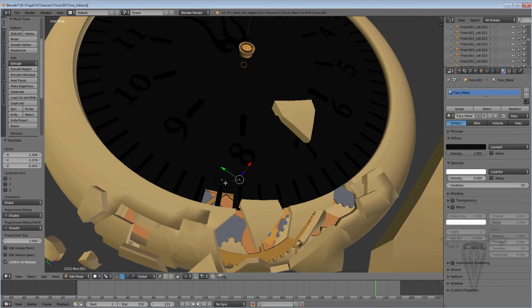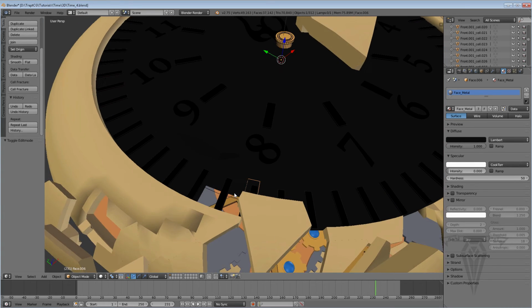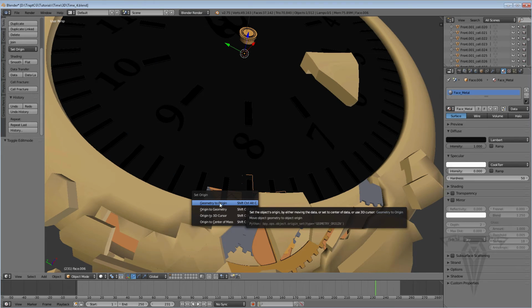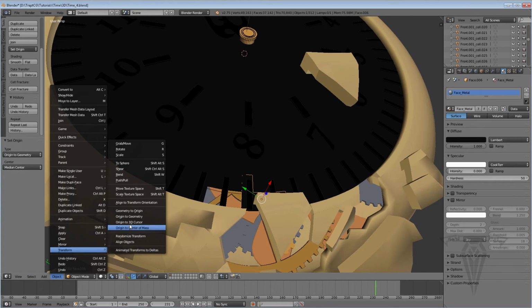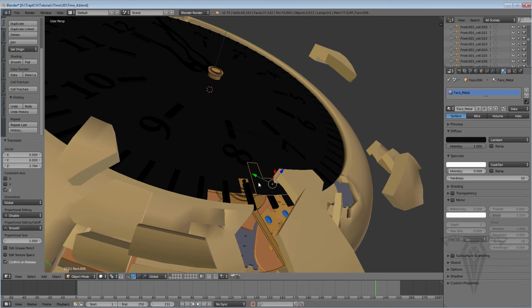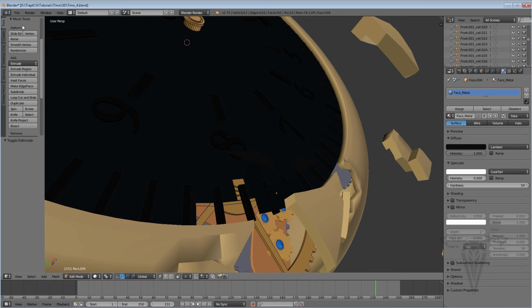Okay. So, like I said, let me hit Tab to come out of edit mode for each one of these pieces. Again, Shift Control Alt C is a shortcut key, and you want Origin to Geometry. Or you come down to Object, Transform, Origin to Geometry, okay? And that will let you reset the position controller and just go into each one of these and play with the vertex,